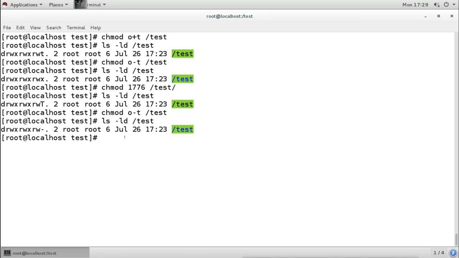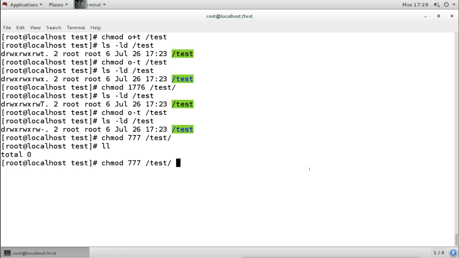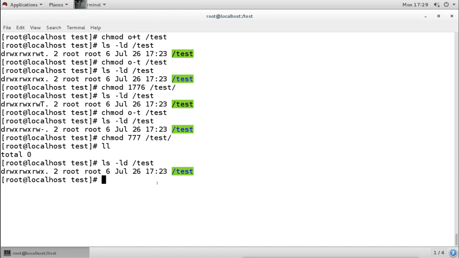So when we have the sticky bit without execute permission, you will see capital T, and when you have the execute permission with the sticky bit, we will see the small t. So this is the sticky bit.